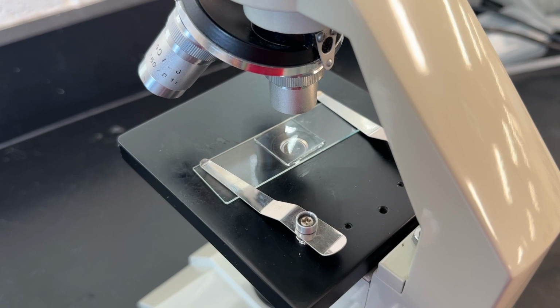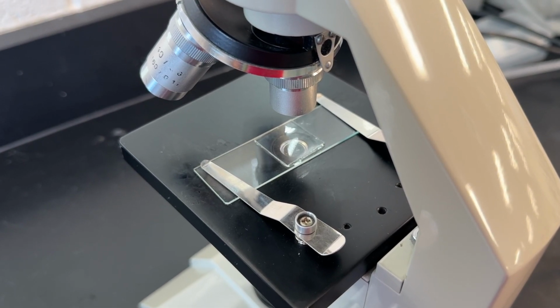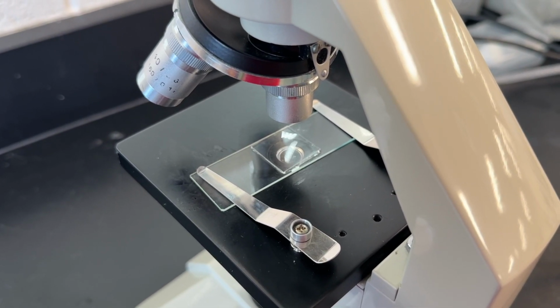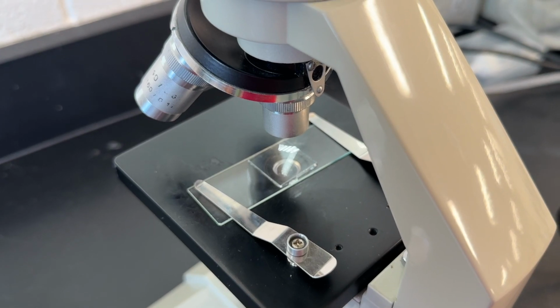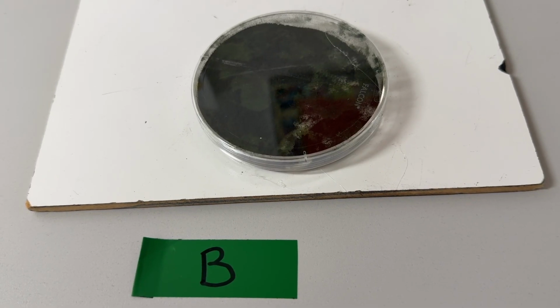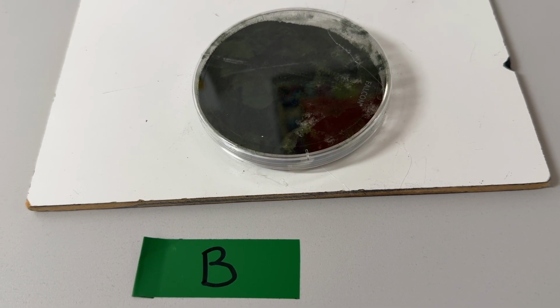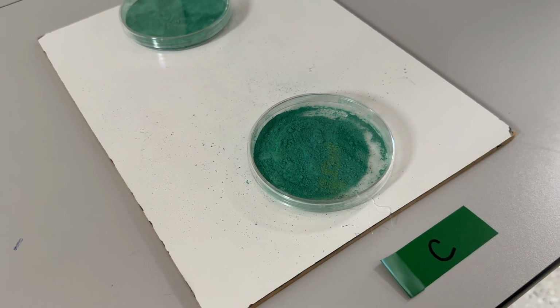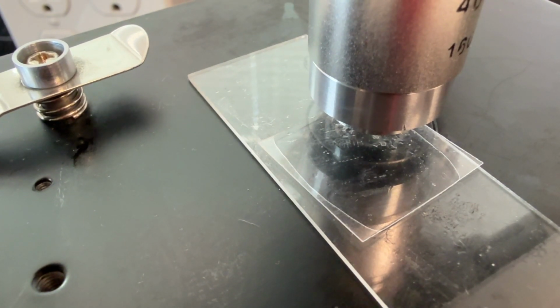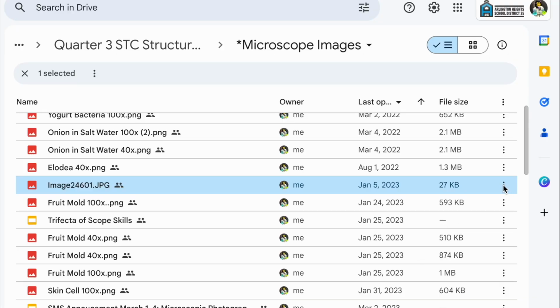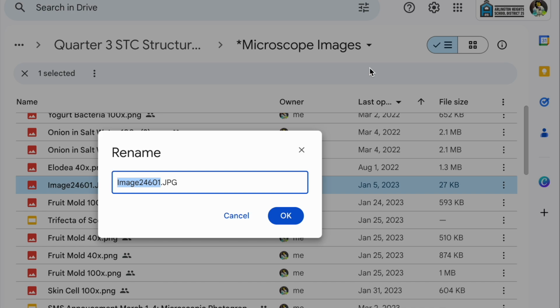Once you have an image at the low magnification, you'll move it to medium and then high and capture images of each. Once you have finished working with the first sample, you will repeat the process with the second sample and the third sample. Once you have placed all images in your drive, make sure you take the time to rename them so that you can keep them organized and not place them in the wrong place in the lab